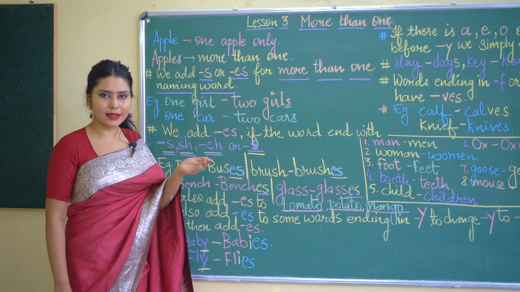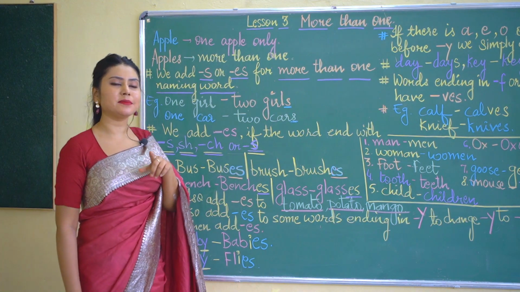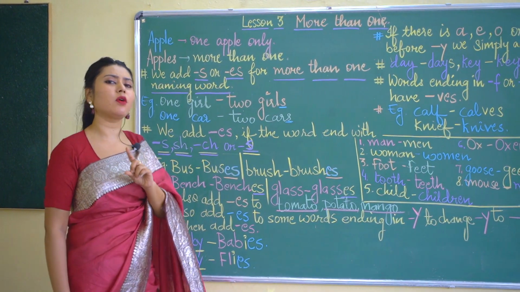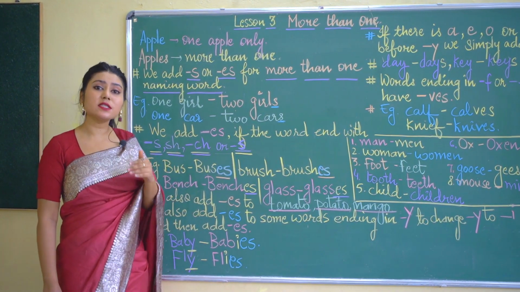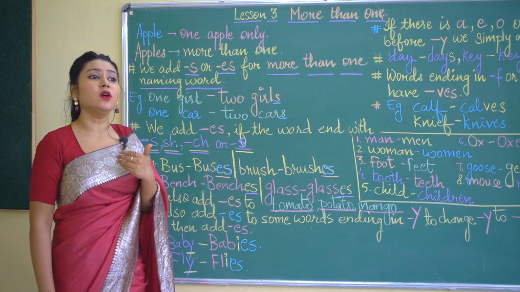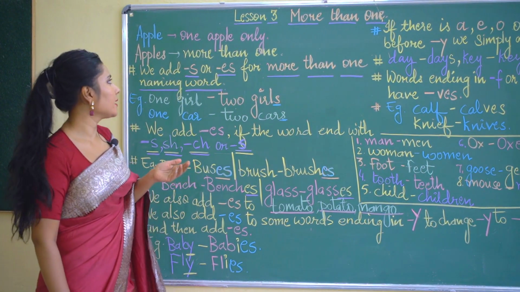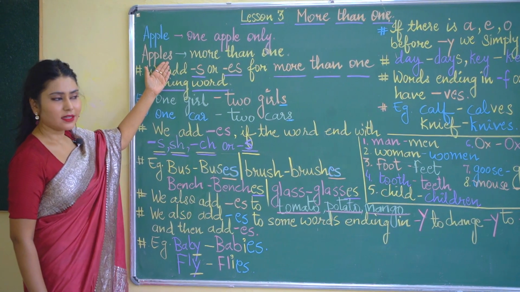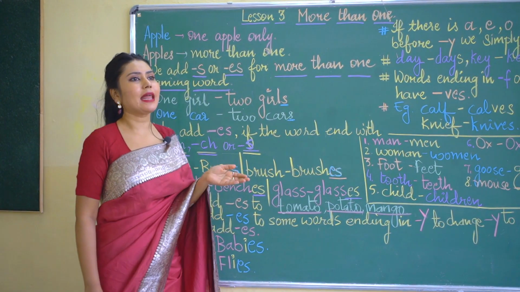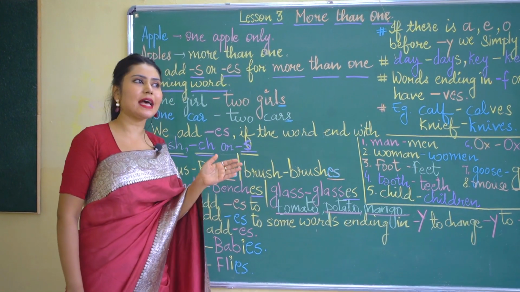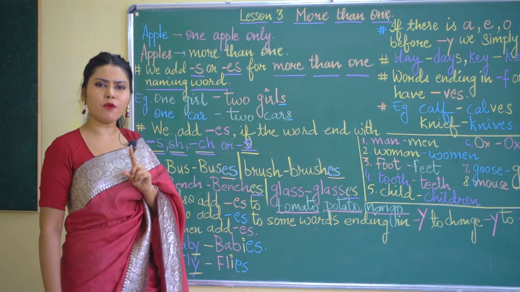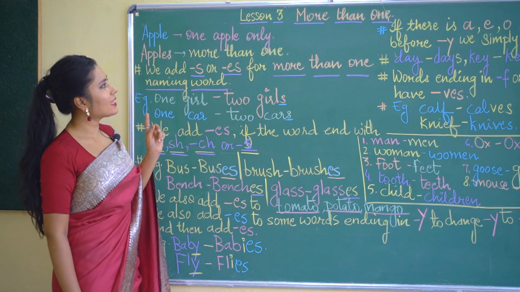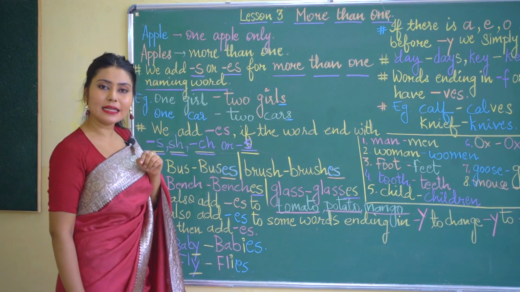But more than one, that means any object, any item that is one in number, that will be single, one apple only, or one item or one object only. But whenever it is in more than one number, we call it apples. You will always add one S here. Like if there is a boy and there are more than one, then you will say boys. The singular form is boy and the plural will be boys, because if it has more than one, you will have to add S to it.